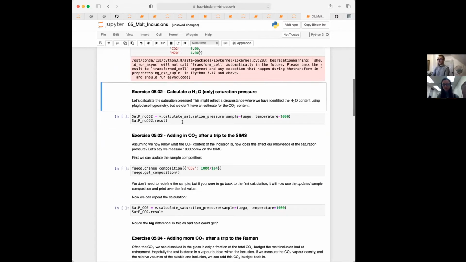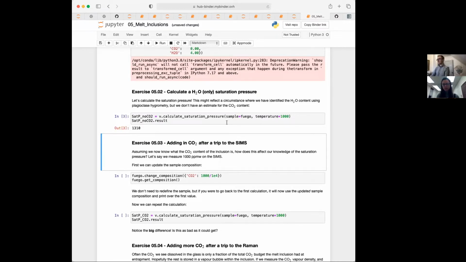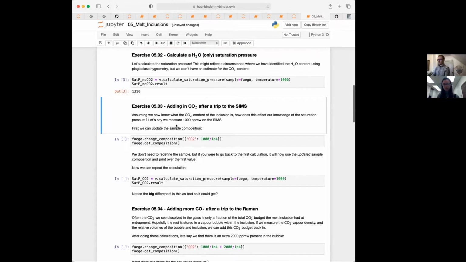And we can calculate a saturation pressure, just like you've seen already. So this time we're passing it the Fuego composition and we're using a lower temperature. Now we get a saturation pressure of 1.3 kilobars. And that sort of replicates the example that Penny was talking about, where maybe you only have information about